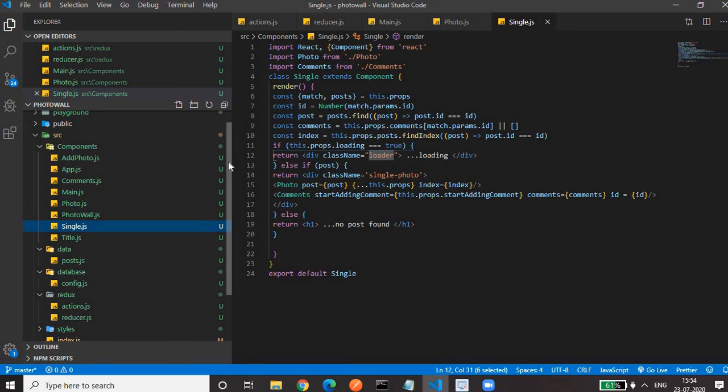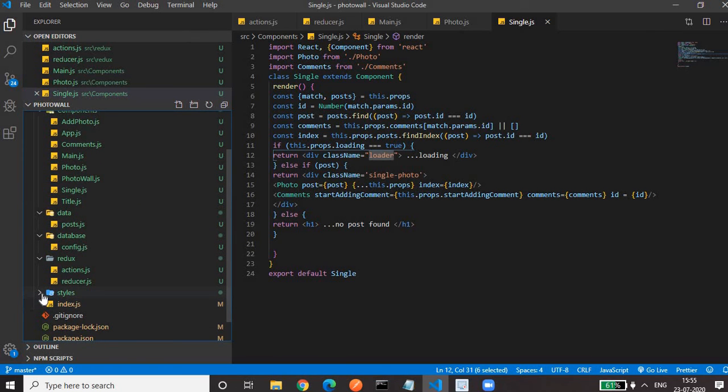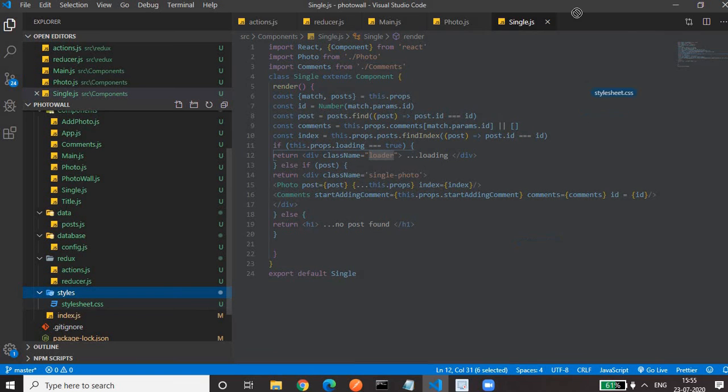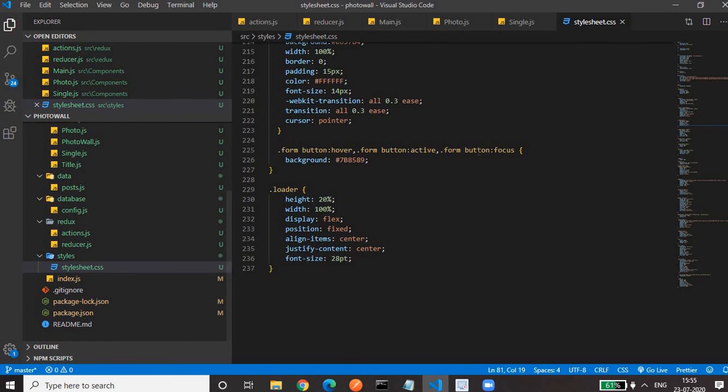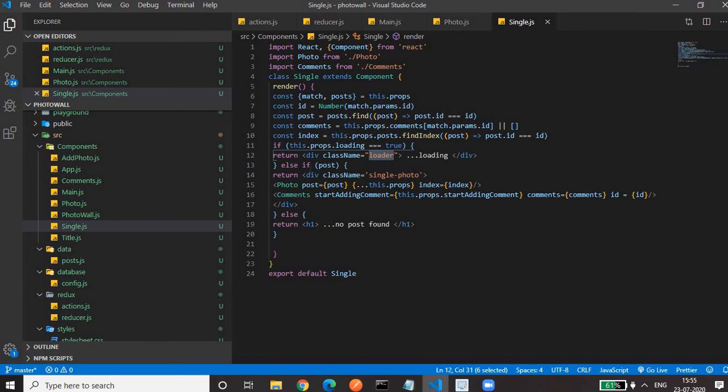We have provided some normal CSS. We'll see that CSS also, so that everyone will be on the same page. This is the loader. These are some of the CSS. Align items and justify content center are for showing the loader at the center of our page. We have given some height, width, then display flex is given for these two to work. Position is fixed so that the loader won't be scrolled while scrolling our page, and font size we have given. All this you are familiar with, I believe. Okay. So we are returning a loader here if data has not been fetched yet.